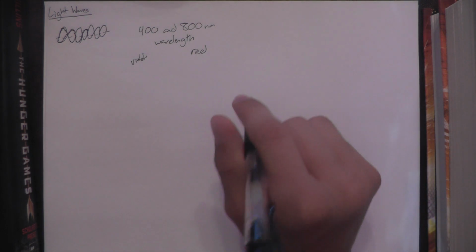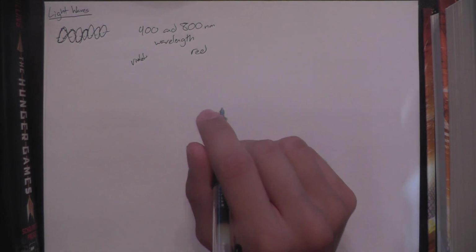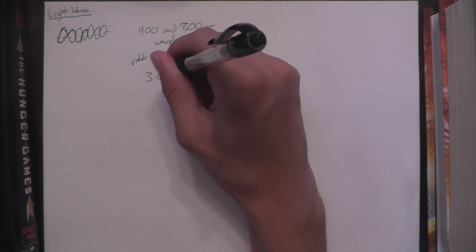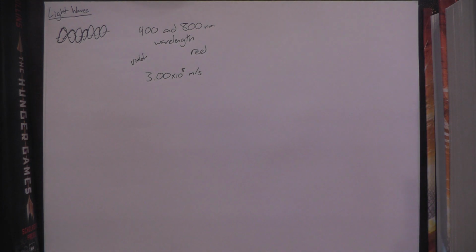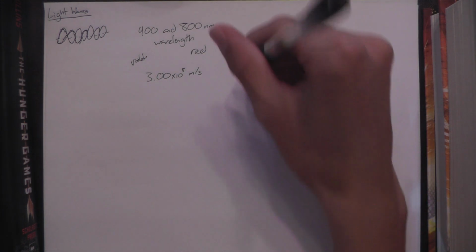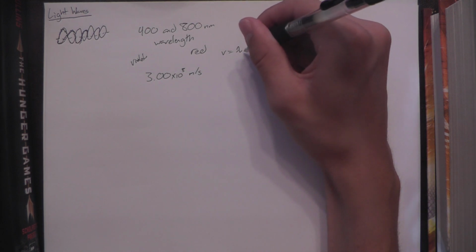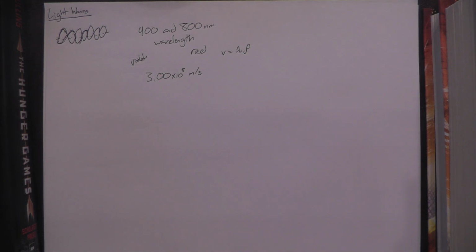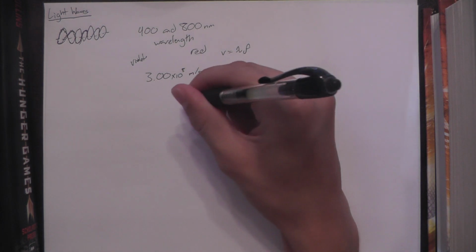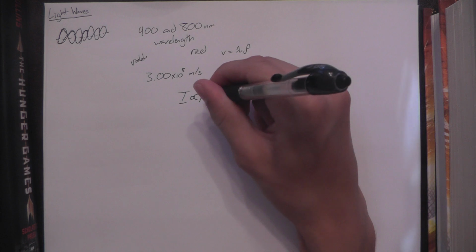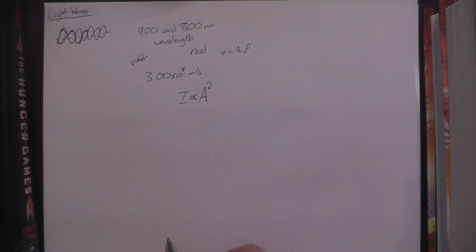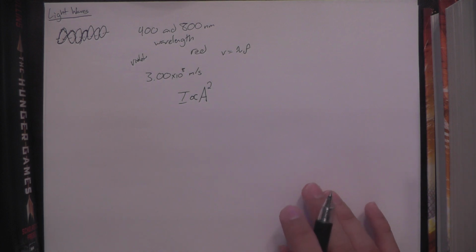However, another thing that we must know about our good buddy light is that in a vacuum, its speed is constant at 3 times 10 to the 8th meters per second. That's the speed of light in a vacuum. Remember that, because once you know that, you can calculate the frequency from the wavelength and the wavelength from the frequency. And one final thing that I doubt you have heard before is that the intensity of the light, how brightly it shines, is proportional to the amplitude of the light wave squared. What? Yeah, it's not really important till the end of this video,